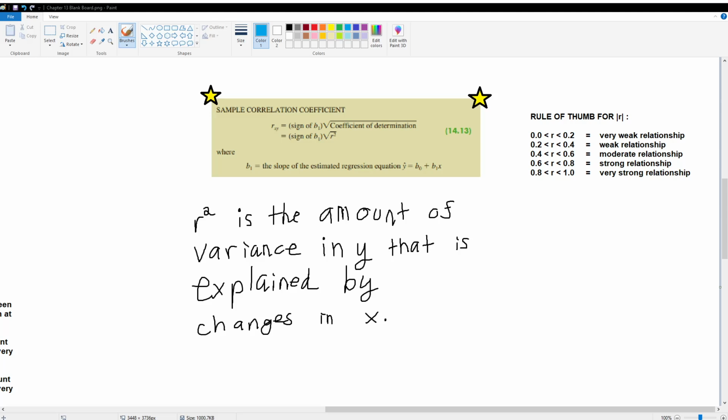Then from 0.2 to 0.4, it's a weak relationship, so getting better, but still not exactly awe-inspiring. Once our R value gets to about the halfway point between 0 and 1, then we say it's a moderate relationship. And then we get to 0.6, 0.8, it's a strong relationship. 0.8 and above, very strong relationship. In the real world, it's not all that common to see R values from 0.8 to 1.0